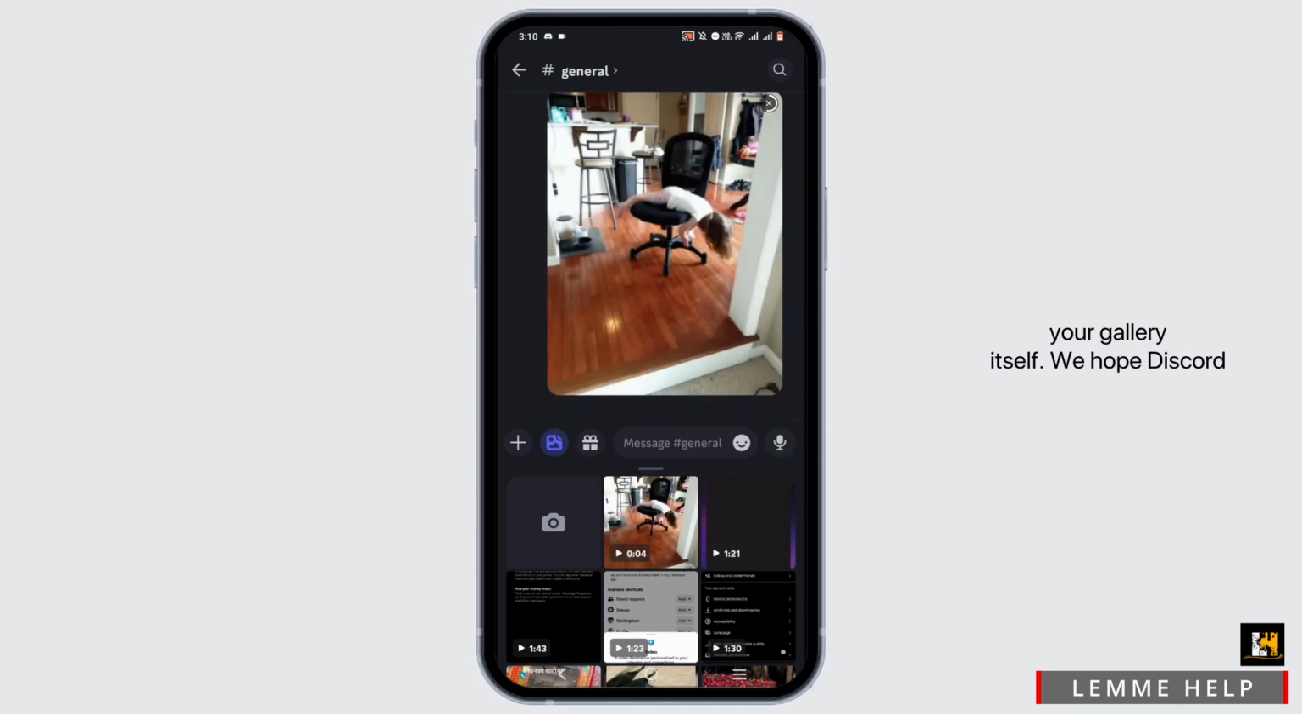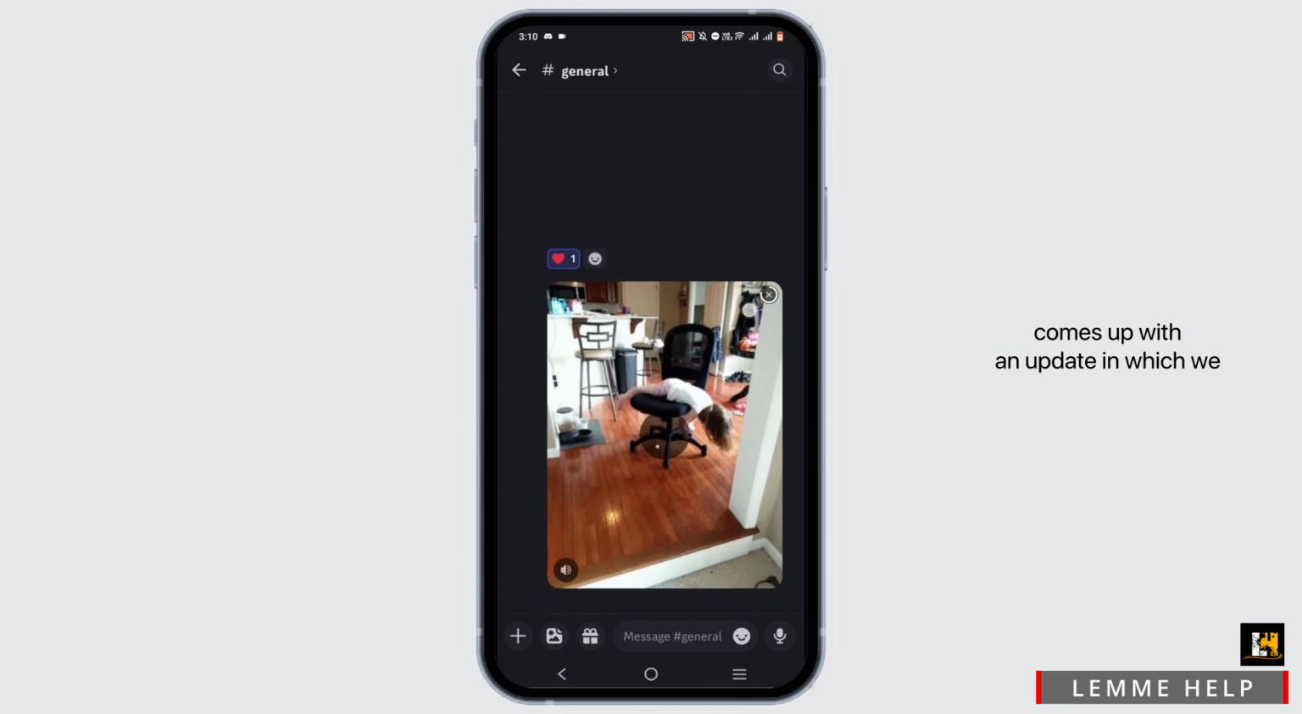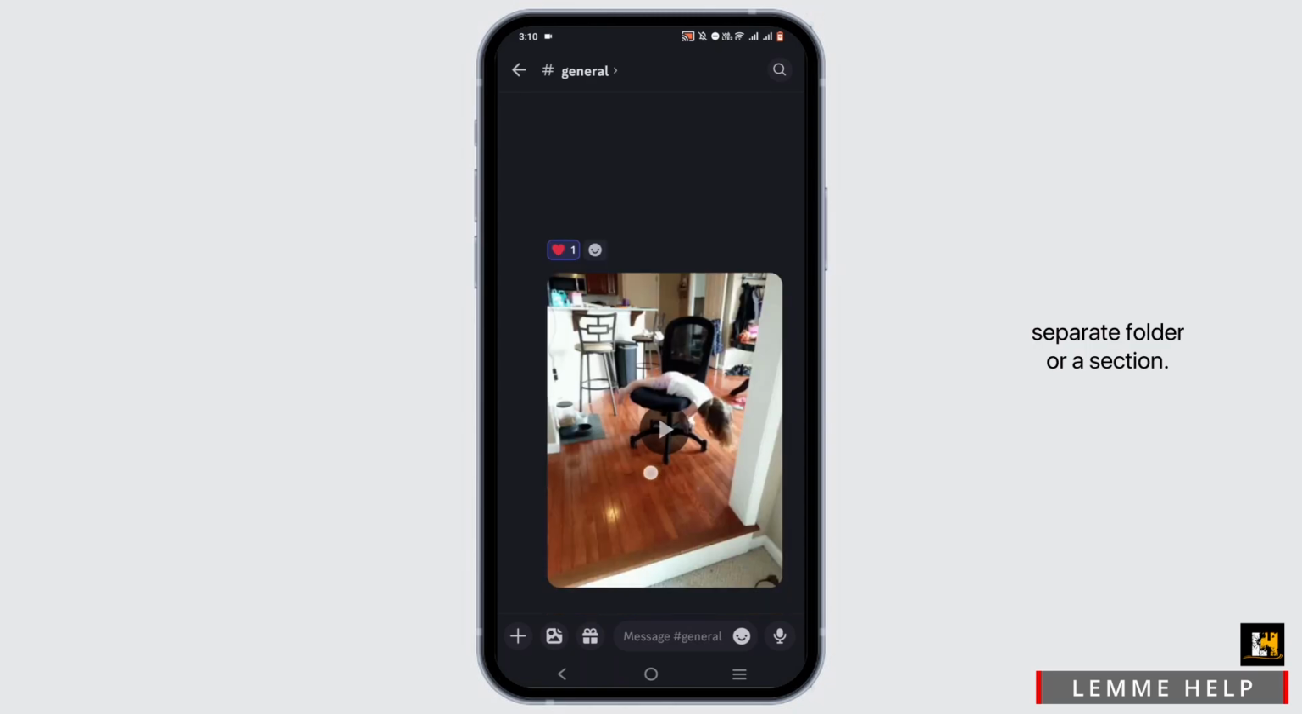gallery itself. We hope Discord comes up with an update in which we will be able to favorite our GIFs in a separate folder or a